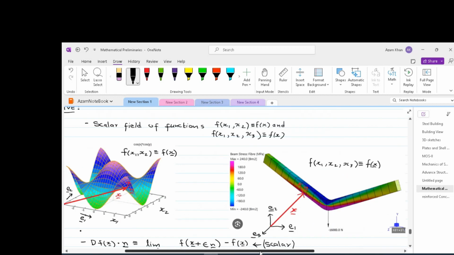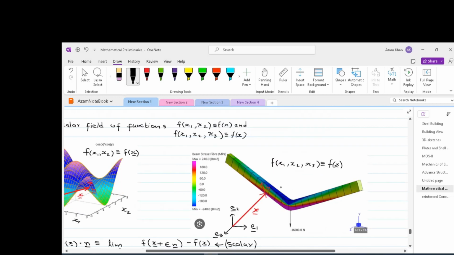So just to give you an example, if we have a 3D structure as shown over here, and the function which describes this 3D structure, which happens to be a beam subjected to some loading and simply supported, the function that describes it is f of x1, x2, x3. Again, we apply the directional derivative concept on this, and using the gradient concept, we can find out which location will give us the maximum stress. The area which is subjected to maximum stress will have the tendency to fail,